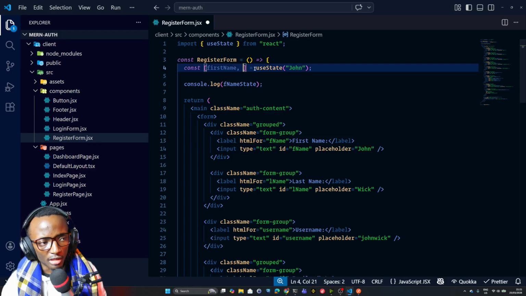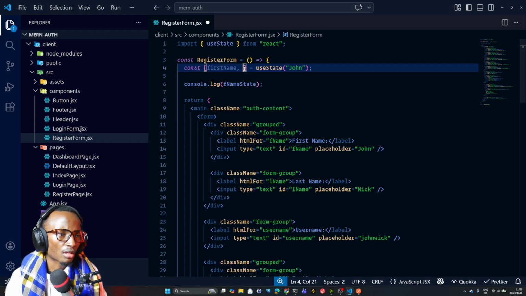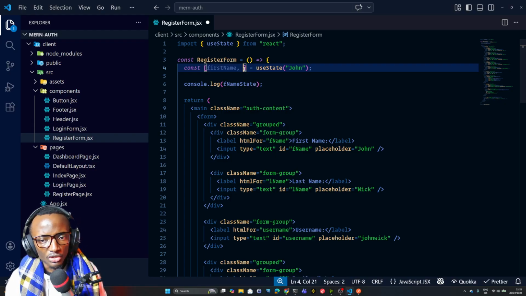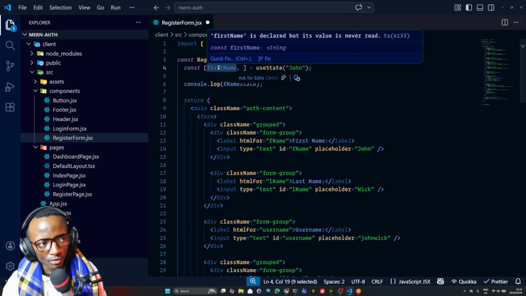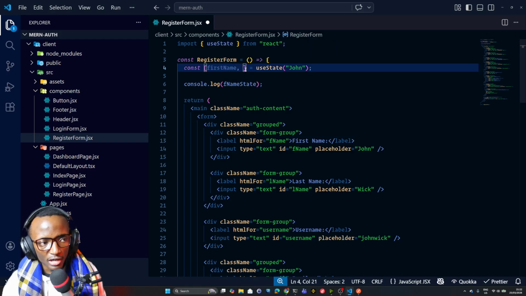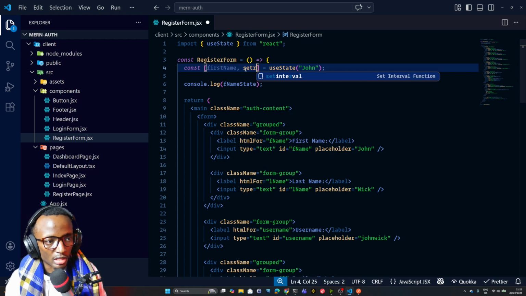And then the second element in that array is the function that is responsible for setting the value of the state variable. And so in most cases, you'll find that that function has been called set whatever this is. So in this case, this is firstName, and so the function that is responsible for setting it gets given the name